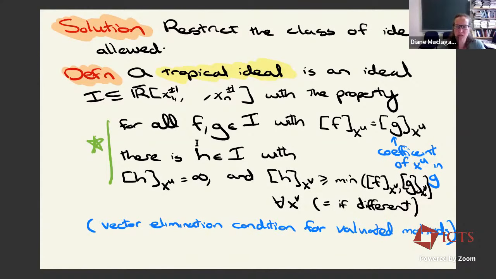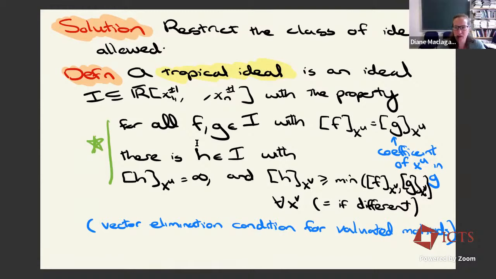I'm going to put the condition that for my ideal, for every f and g in the ideal that have the property that the coefficient of x to the u is the same in both f and g. So you might imagine, if x to the u was x squared y, maybe f is 3x squared y plus some other stuff, and g is 3x squared y plus some other stuff. So whenever we have these two polynomials in the ideal, and they agree on a coefficient, then there should be another polynomial in the ideal where the coefficient of x to the u is infinity, which is our tropical zero, and